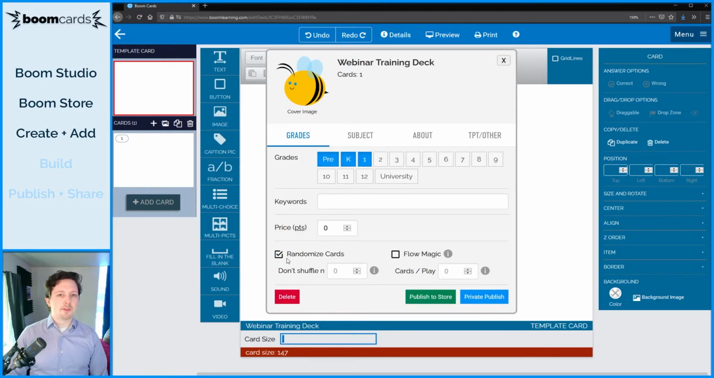Randomize is the feature that plays when your deck is published privately and it's assigned, or you send a fast pin link of it to a student. What it means is that the cards play in random order. So this is to create some unpredictability in the teaching material, and you'll notice on multiple choice cards later